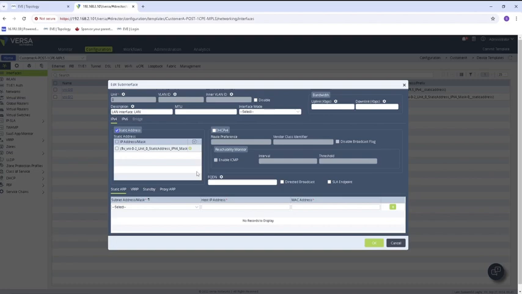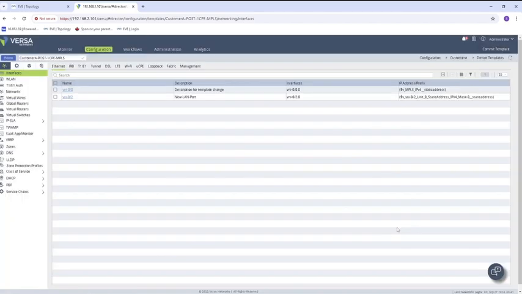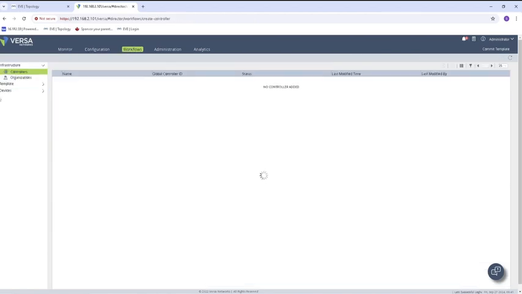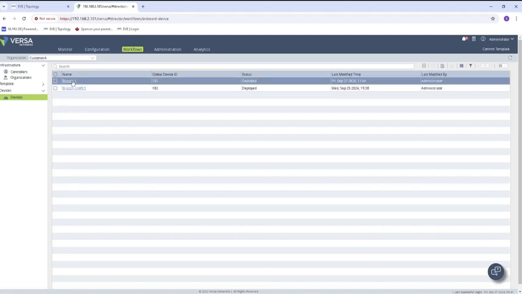So what do we need to do in order to change the IP address? Well, we cannot change the IP address from the template itself. We have to change the IP address in the workflow tab in the devices. So I click cancel here and I go to the workflow tab in the Versa Director. Then I go to devices, and on the devices I have my devices. Let's say I click on branch 1,